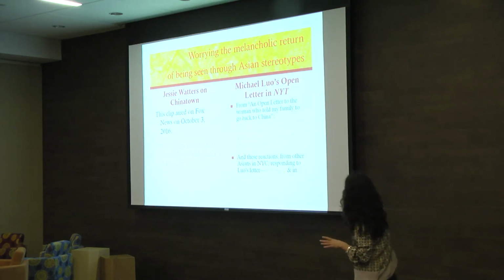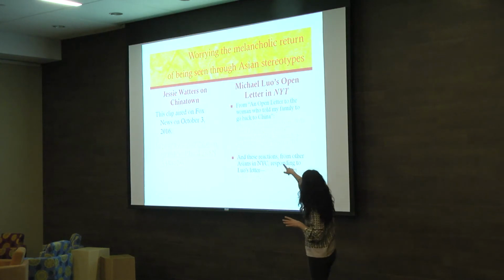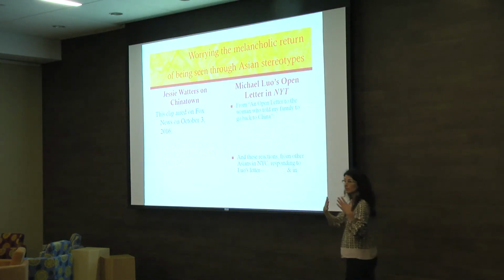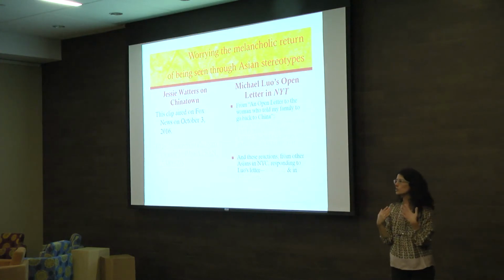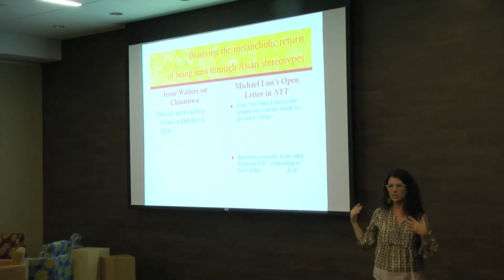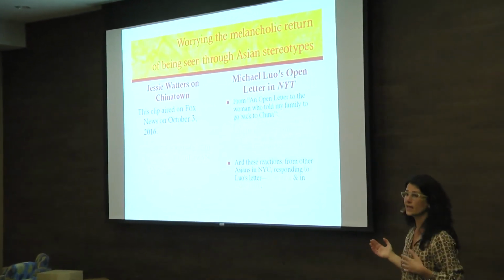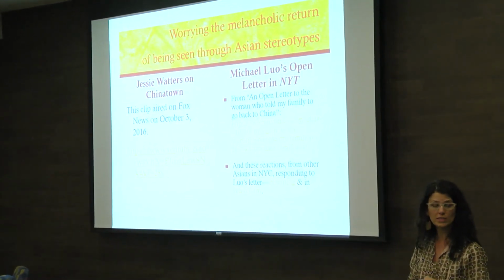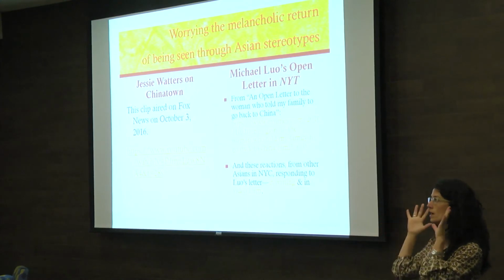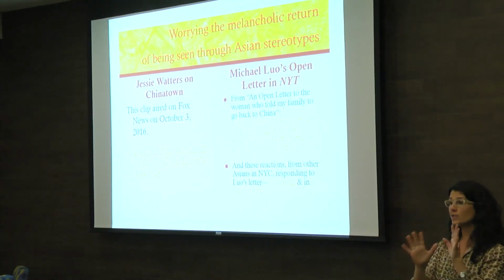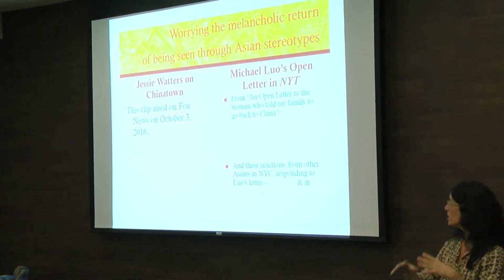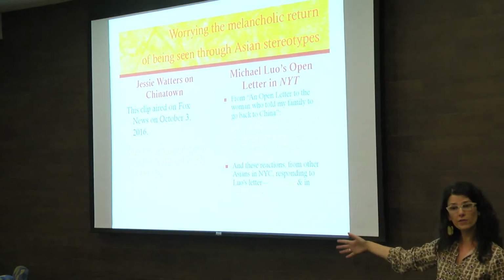And this is the same week, I think. Yeah, October 10th, 2016. So a week later, he publishes a letter on the front page of the New York Times about how he's Asian American and he was walking out of church with his family, and some white lady got mad that they were taking up too much of the sidewalk, and she yells at him, I see children, "Go back to your flipping country," out loud. And so he writes an open letter, and it goes in the front of the New York Times,